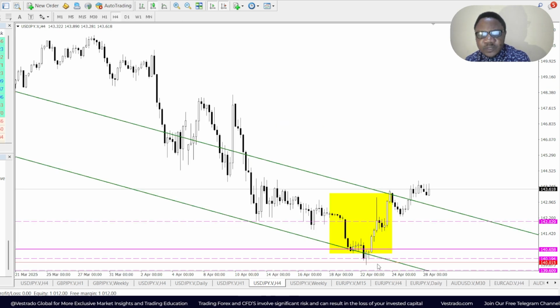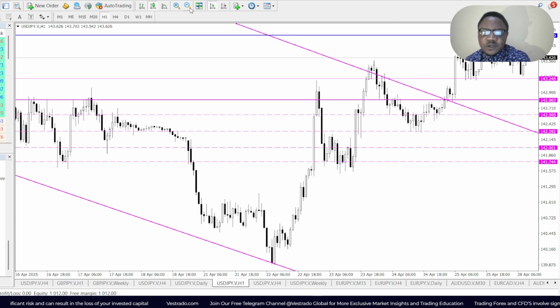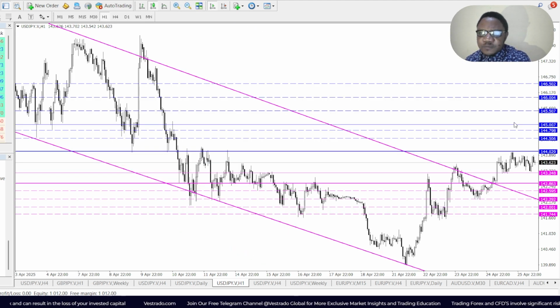It touched the support border of the channel, went back up to the resistance border, and seems to be breaking past the resistance border right now. Now, for key entry levels, a break of key psychological level 144.00 could see price touch 144.50. Above that, 144.79, and above that, 145.00 psychological level. If price goes beyond that, we could see it touch 145.50, and above that, 146.00, above that,